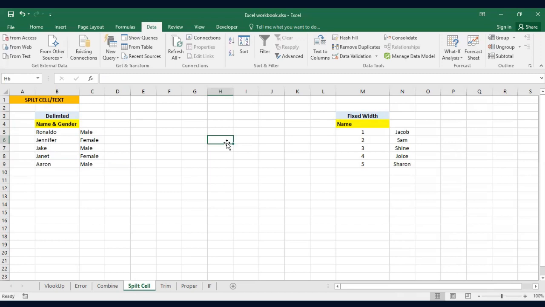This is a very useful function to clean up data and to use unstructured or raw data for analysis while you're doing a project or